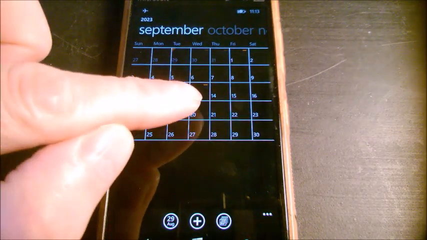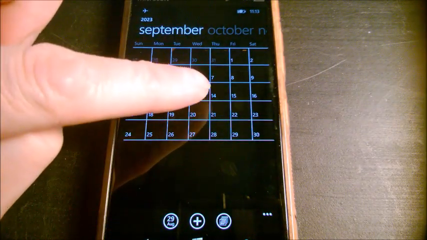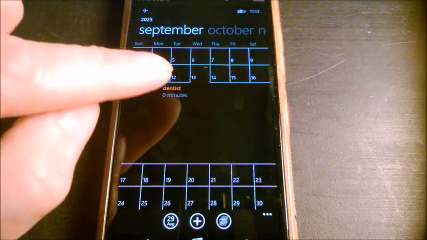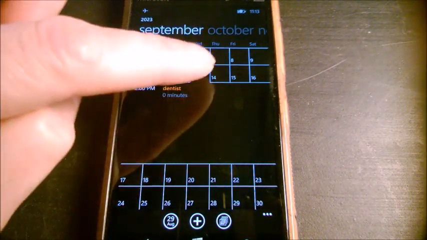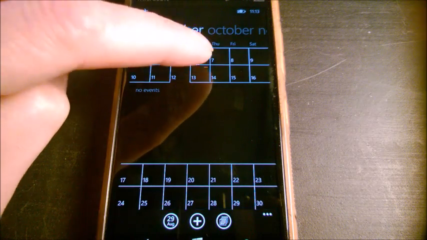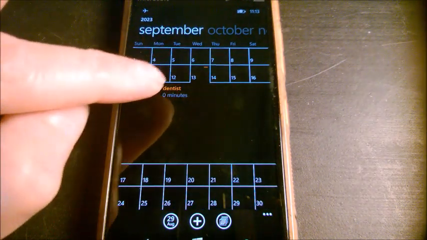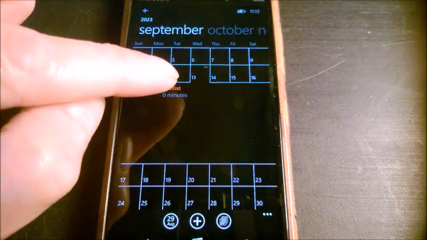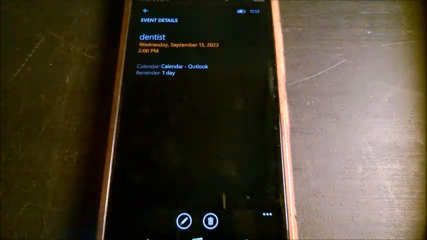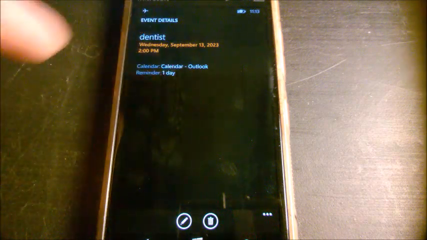You will see there is a red line here. If you want to edit it or to delete it, we are going to do both. Just open it by clicking on the date. So on this date, there's no event. On this date, we have this event, dentist. Click on the small text here, which is quite small, but try to aim at it. And it shows you a bit of information.